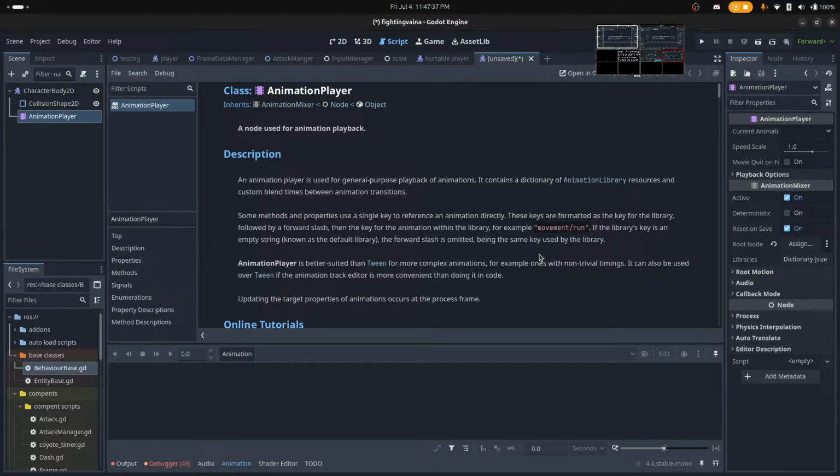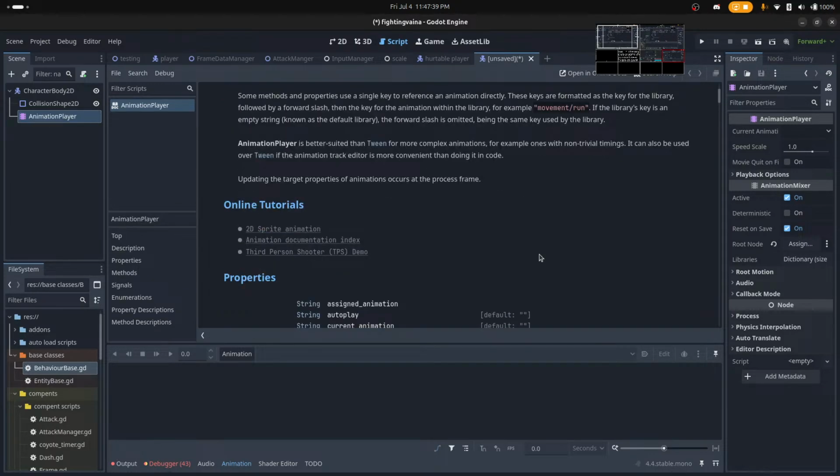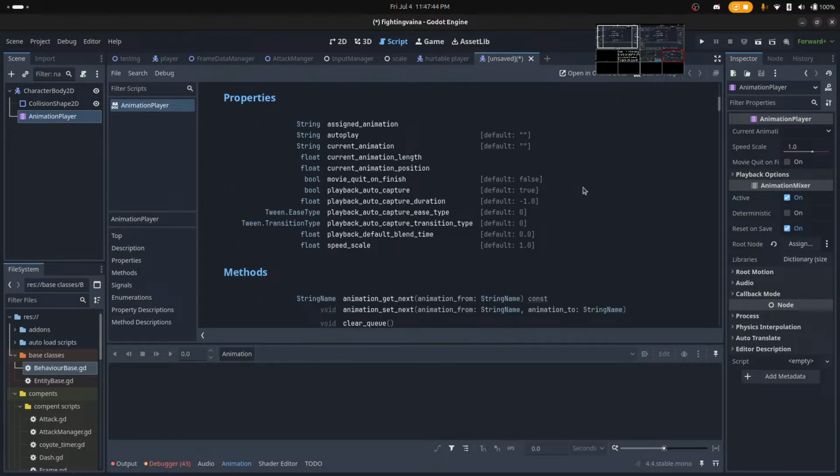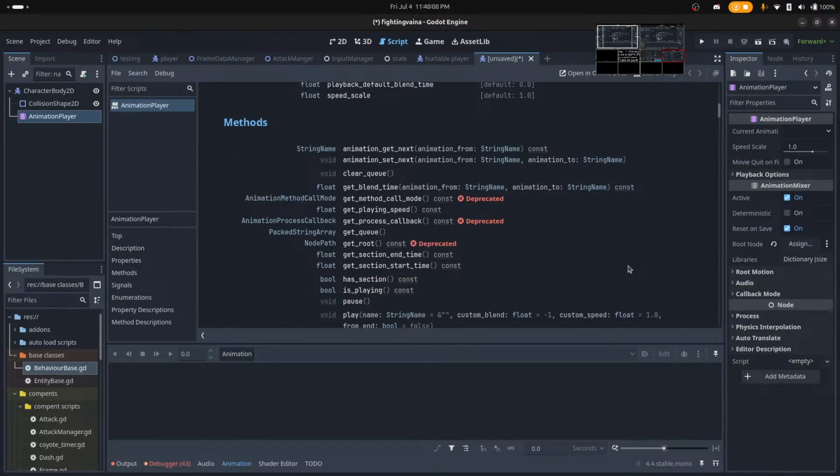The animation player. To display animation. There's some online tutorials. I should probably use those at some point. Assigned animation, autoplay, current animation length, current animation, playback, audio, ease type, speed scale, playback, default time. Right. Methods,